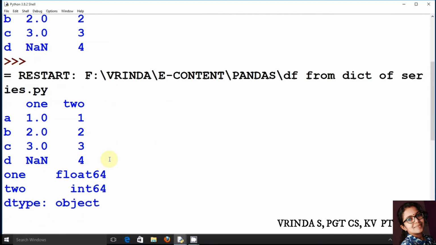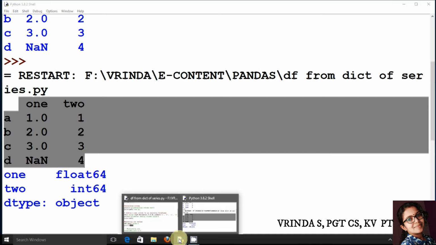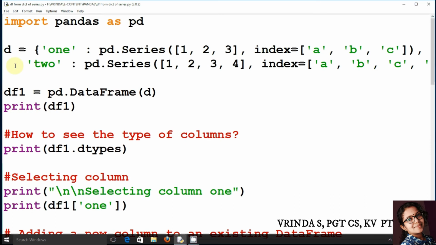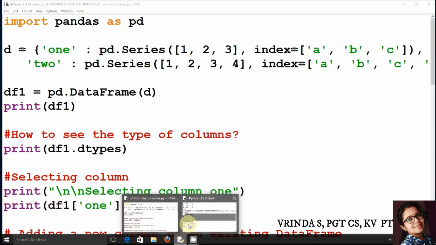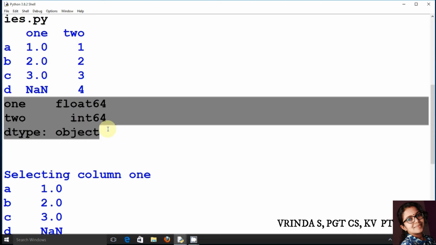Now let's execute this and see the changes. From the beginning we will analyze the output. This is the output for the first code, that is print df1. After creating, we just printed the data frame. And the second one, this is the output for the dtypes.